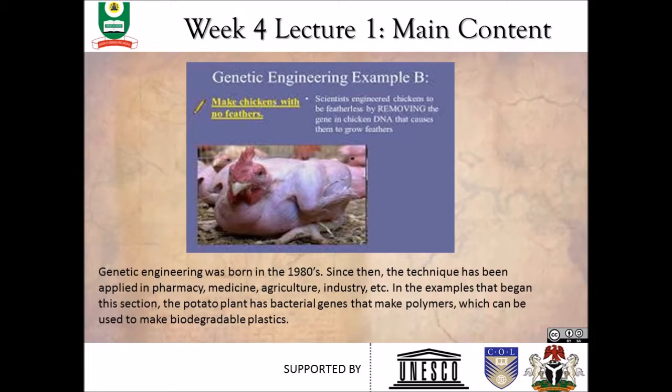What happens in genetic engineering is this. If you have a chicken which lays only small eggs, but you want it to start laying big eggs, what you will do is this. Find a chicken that lays big eggs. Collect the gene responsible for those big eggs. Of course, there are techniques for that. And transfer them into your own chicken. Your chicken will start laying big eggs. An interesting fact here is that no matter where you put a gene, it will still perform the function assigned to it.